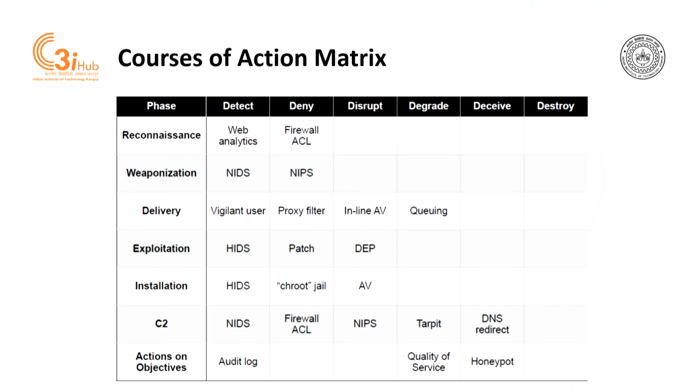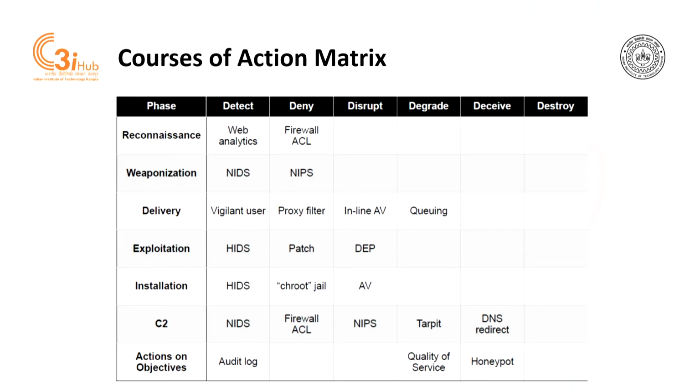So, the last thing in this context is this courses of action matrix. As I have been telling you, this is just a model, right. So, this is one way of organizing your thoughts and organizing your plans to actually do what, how am I going to make my system resilient, right. So, what this matrix is showing, we will see similar matrices in another context when we go beyond this Lockheed Martin cyber kill chain, but we actually go into MITRE TTPs, or we go into the unified kill chain and